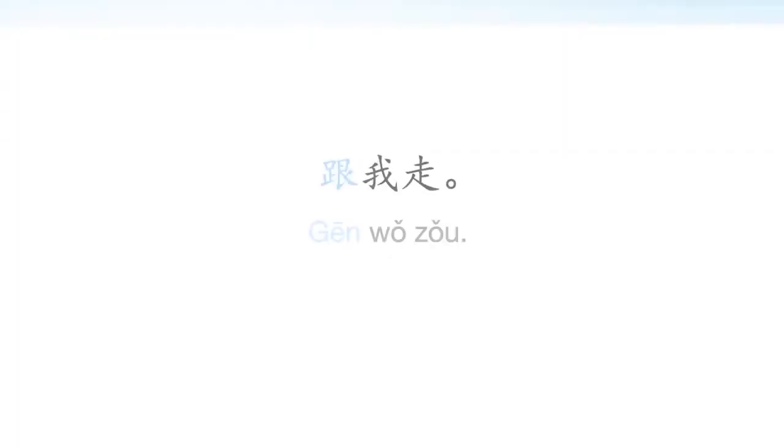So we mentioned above that 跟 and 和 can be used interchangeably, but the one exception is if you're making a command, because 跟 also carries the meaning of follow. And if you just want to directly tell somebody, follow me, then you will not use 和. So for example, 跟我走, 跟我走. That's just a direct sort of command, follow me. It doesn't necessarily have to be rude, but that's what that would mean. It would mean just follow me.